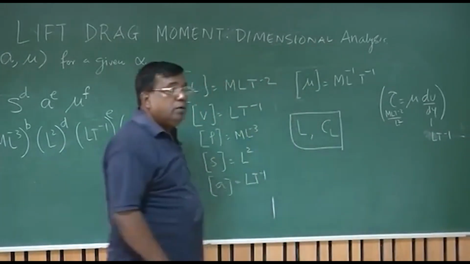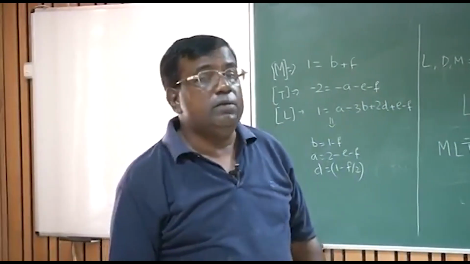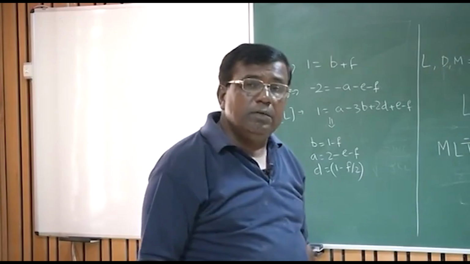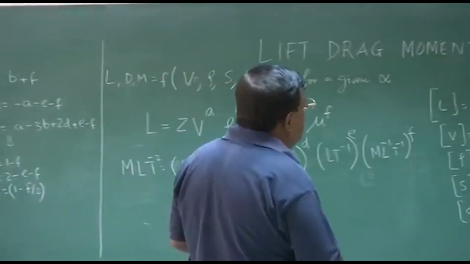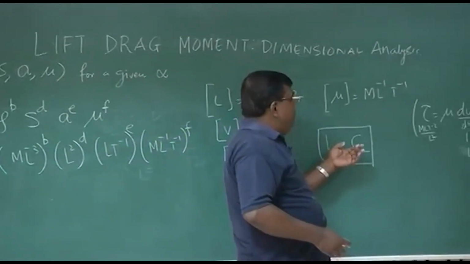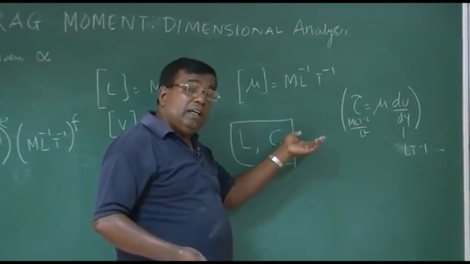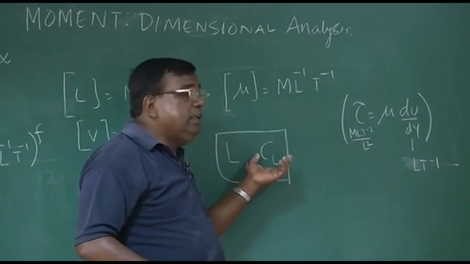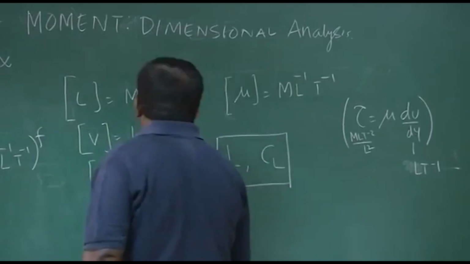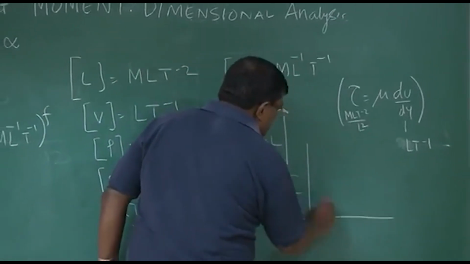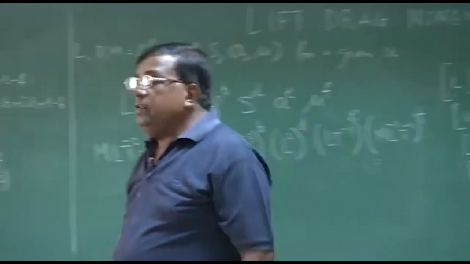The question is, should I work with L, or should I work with the non-dimensional lift coefficient, non-dimensional drag coefficient, non-dimensional pitching moment coefficient? So many others are there. And why should I do that? What is the advantage I get? And how do I ensure what are the parameters which have a physical significance on which the CL or CD or CM depends? For example, so far we have been talking about CL and alpha, and we are talking about CL as a function of alpha. The question now asked is, for a given alpha,